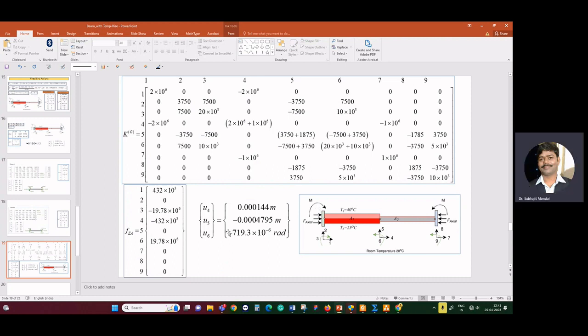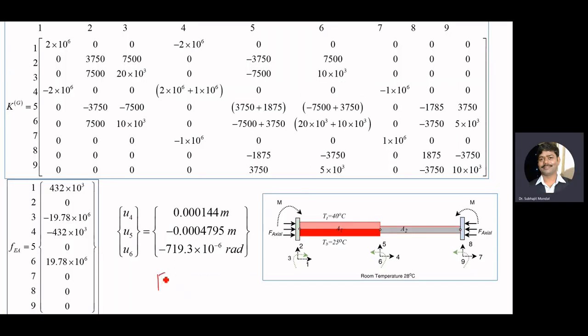Now if you solve this equation, K times U plus FEA,